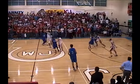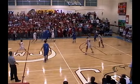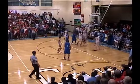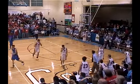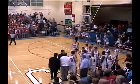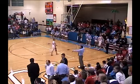Sanders brings it across court. West Jessamine's defense has really picked up. Sanders loses a handle on it in the double team. Gets it to Foster. Foster underneath the Whitley. Whitley muscles it up. No good. Gets his own rebound. Puts it in. It'll be a timeout for East Jessamine, as I believe Coach O'Brien, even though he's counter